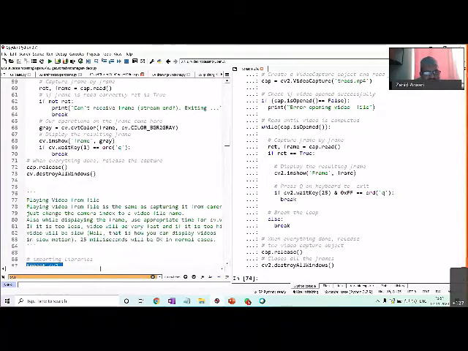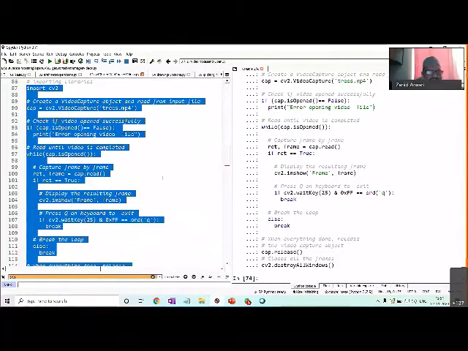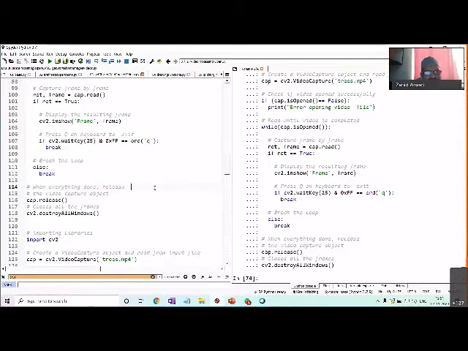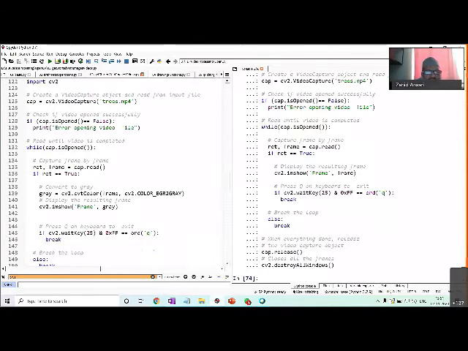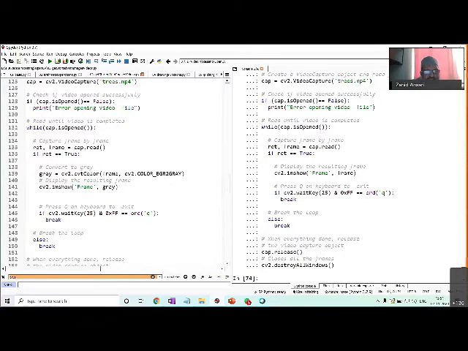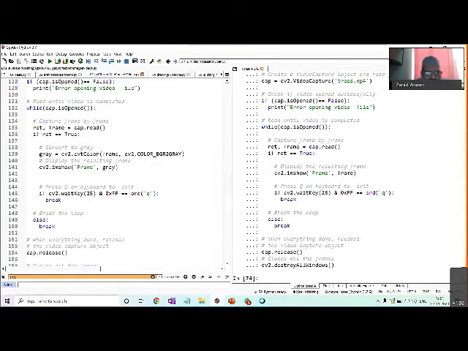Okay, let's say what we did now, we want to change this colored video to a gray video. So the same thing I'm doing, I'm capturing this trees.mp4 over here. I'm opening it, then I'm reading the frame, and every frame I'm converting.